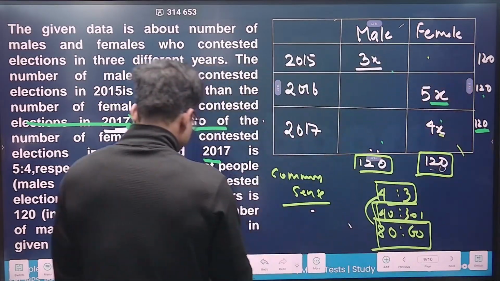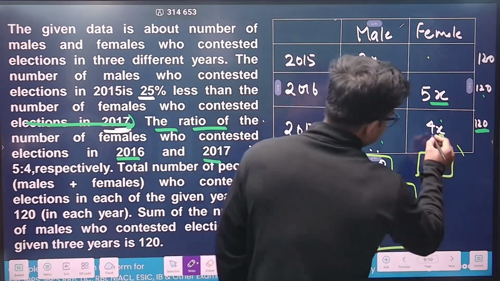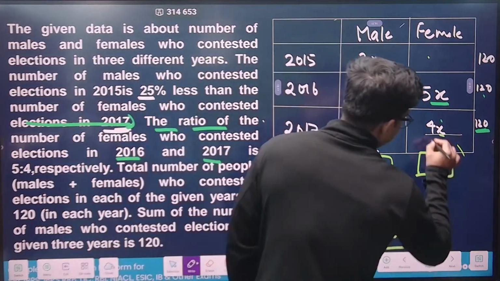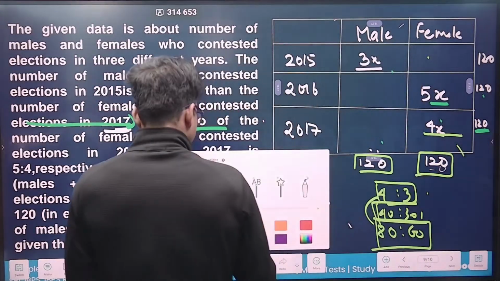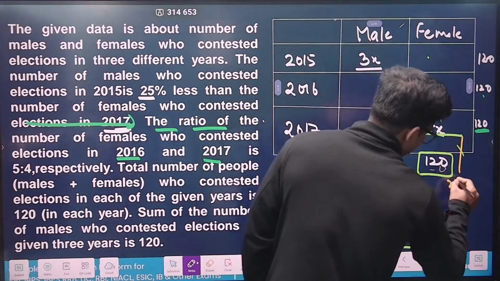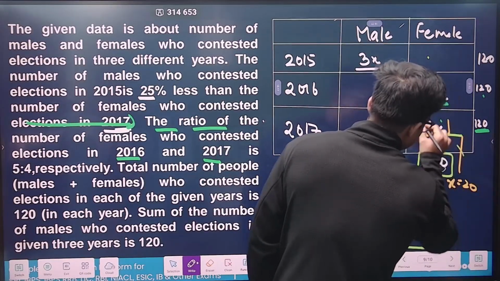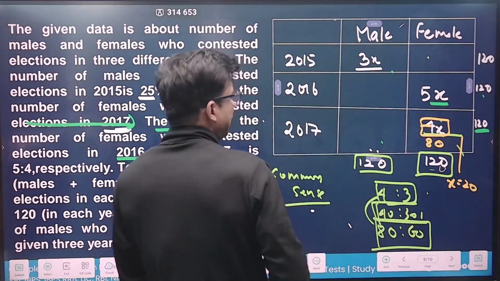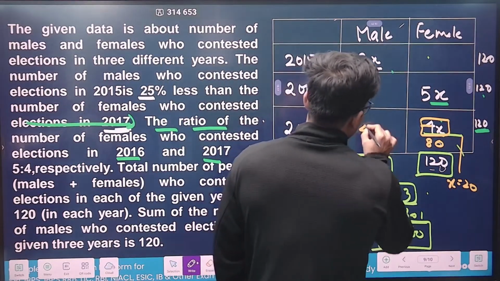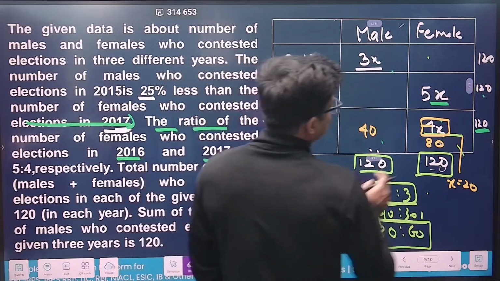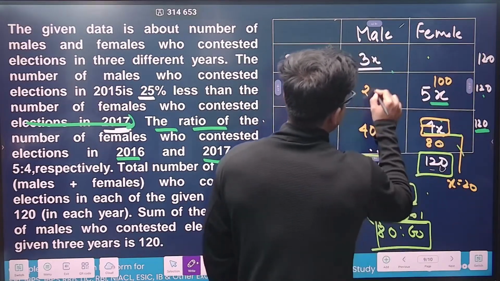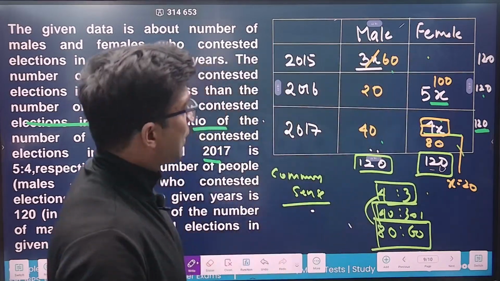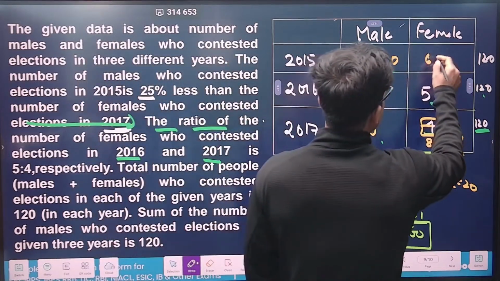Yeah, now from here you can say that your x would become, let me change the color of marker. Your x would become what? Your x would become 20. If x is 20, this becomes 80. Now if this is 80 and you are making some 120, then this would be what? Can I say 40? If this is 40, this becomes 100 and then this becomes 20, and as it is, this becomes 60. Now 60 plus 20 plus 40, it is 120. If this is 60, this should be also 60. Done.